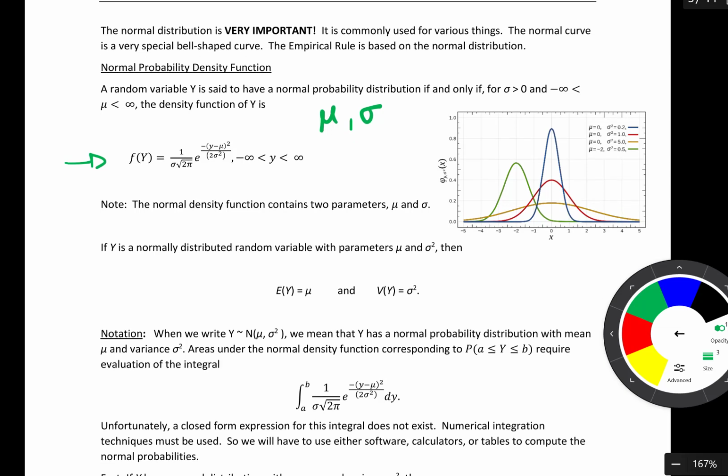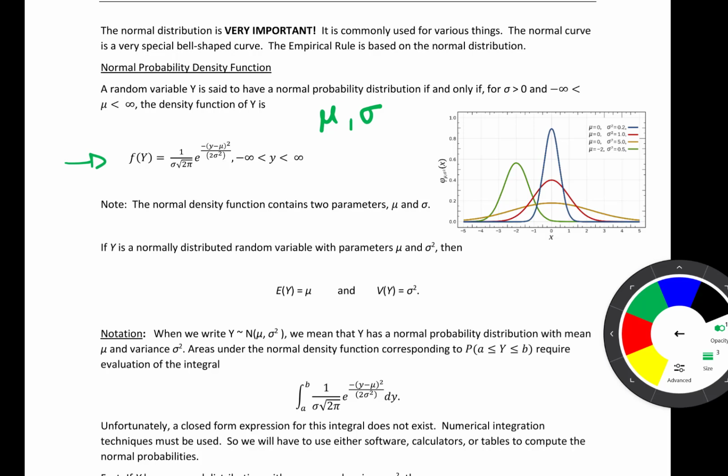So over here, looking at this plot, we can see what mu and sigma do respectively for the normal distribution. Mu controls where the center of the distribution is. So if we look at the yellow, the red, and the blue curve, notice that all three of those have mu equal to 0, and all three of those distributions are centered at 0. Whereas the green curve has mu equal to -2, and it is centered at -2. We could also look at the spread. Sigma controls the spread. So notice that the yellow, the red, and the blue curve all have the same center,